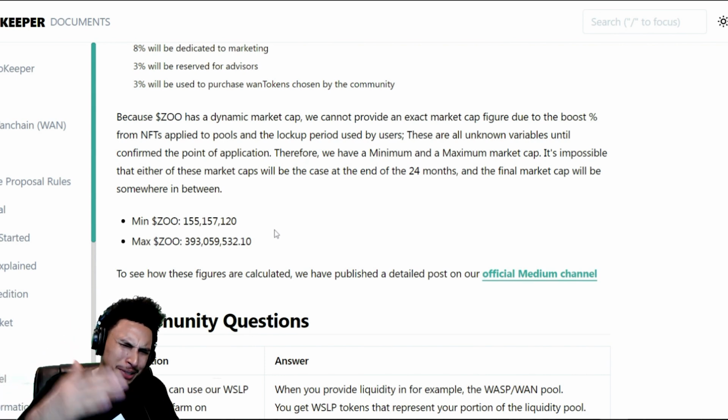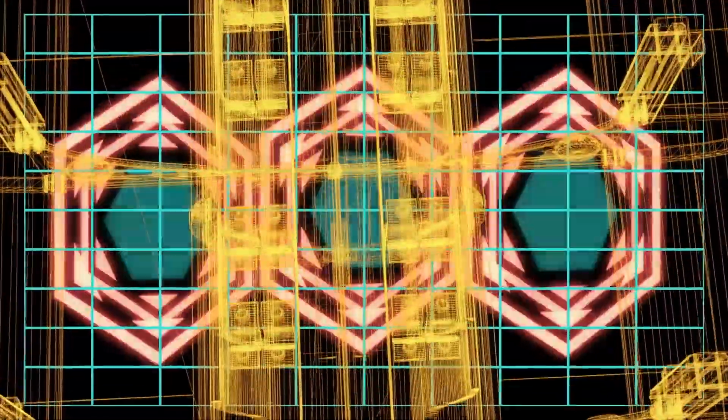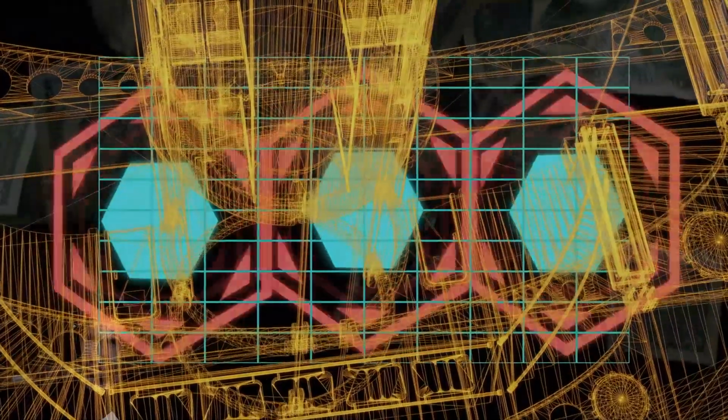But let's just put this in perspective. WASP has 210 million. Not only are you getting rewarded in 2 coins with pretty low supplies, and allows you to have a steady flow of NFTs without exhausting your ZOO capital, but Dub Digital, you're bringing me all these